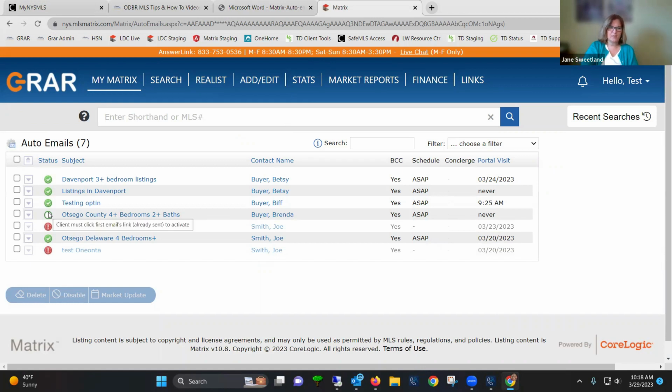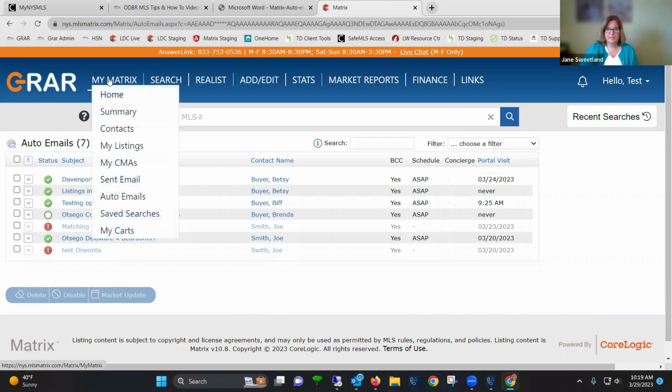And you can always hover over these and see what the status is. So this one we can see they didn't opt in yet. I will go over to my email. Let me see if it's in yet and see if it came in. Not yet. So it usually comes in within a couple of minutes. So we'll definitely go back over there and look at that welcome email. But in the meantime,